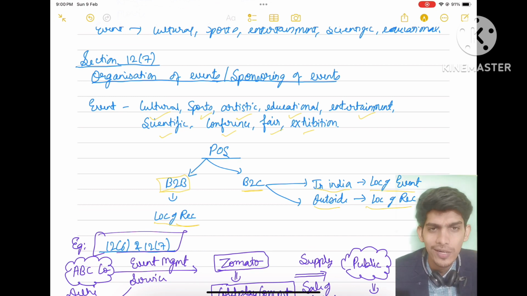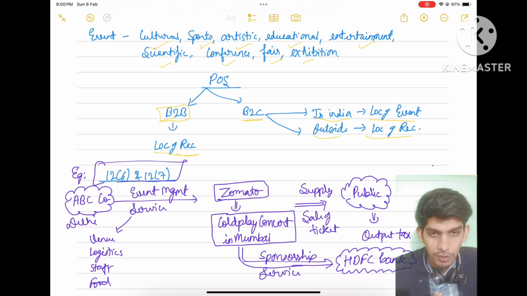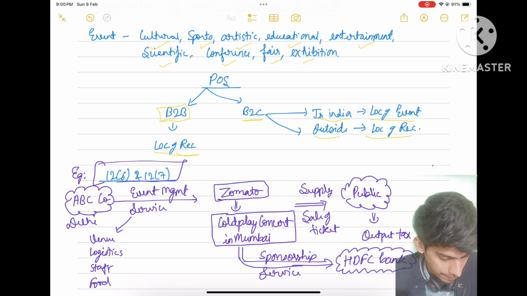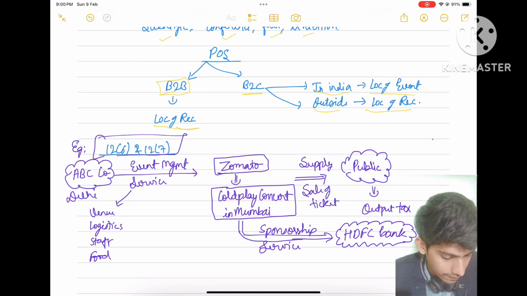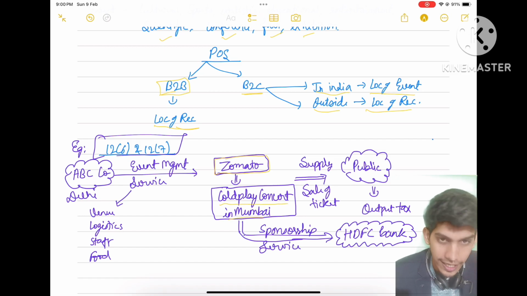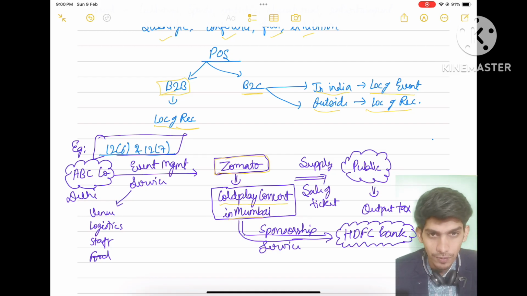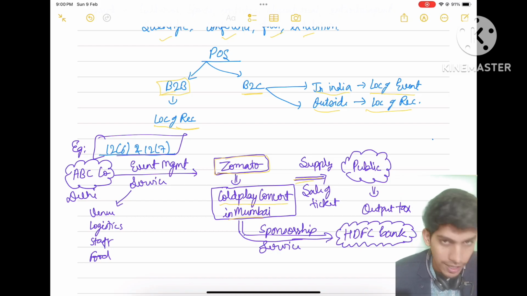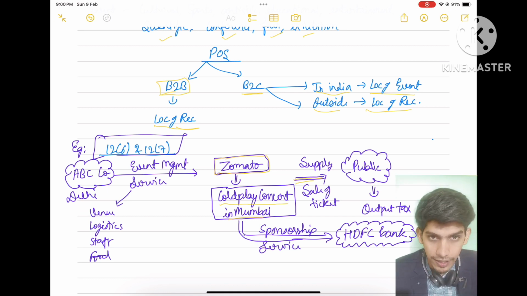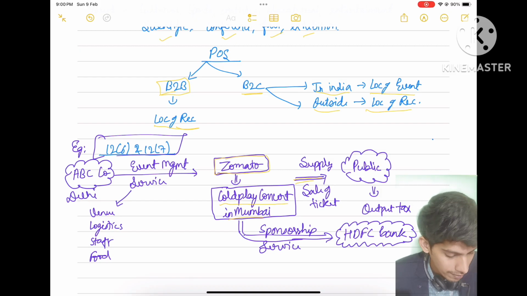Now I have one very good example for you which will combine both sections 12.6 and 12.7. Let's say Zomato is organizing an event, which is the Coldplay concert in Mumbai. Zomato will be selling tickets to this concert to the public. Selling tickets will be a supply for Zomato, on which output tax will be collected by Zomato and deposited to the government. For this, the place of supply will be the location of the event. It is being held in Mumbai, so the place of supply will be Mumbai, and GST will be paid